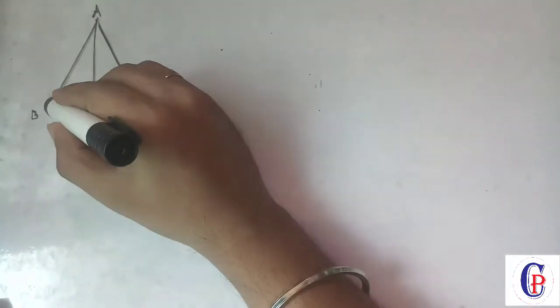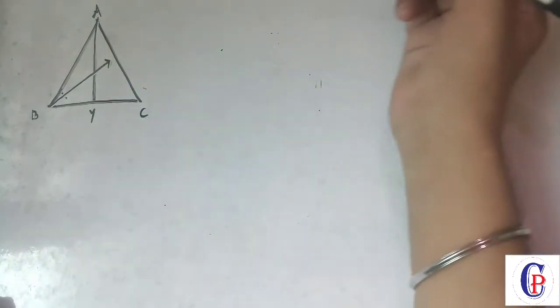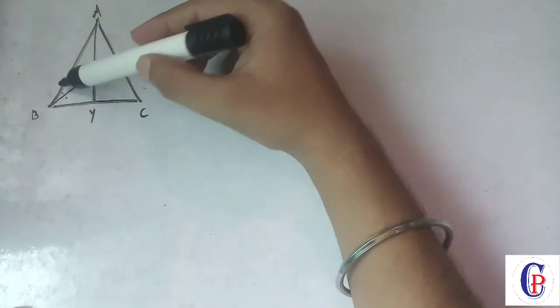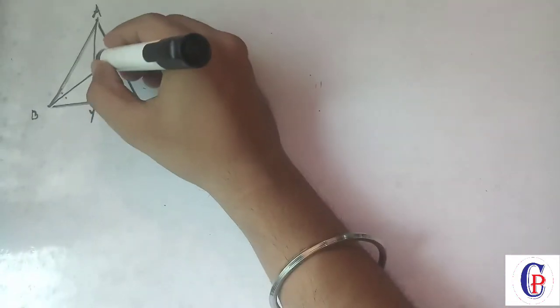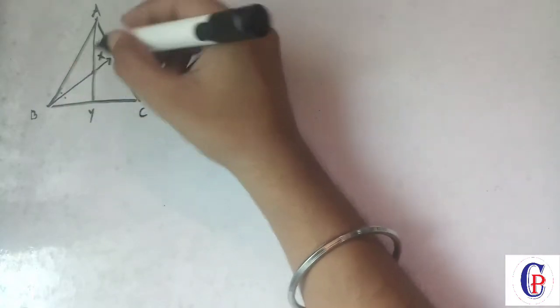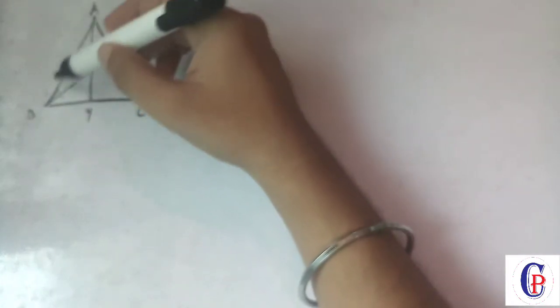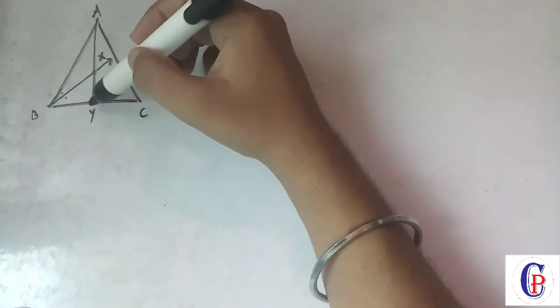Now we have an angle bisector. This is an angle bisector. Okay, we all understand the symbol. Like this ray, the ray name is BX. Now this ray BX is bisecting angle ABY.